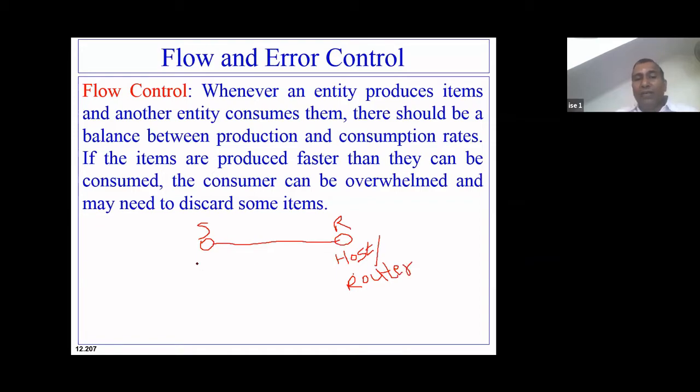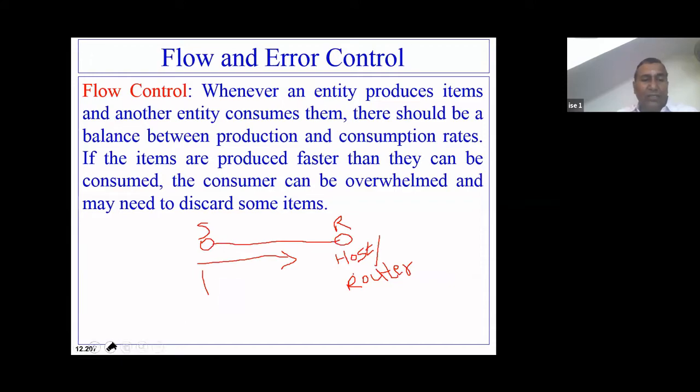So whenever there is a mismatch between the sending rate of the sender and the processing rate of the receiver, assume that the sender can send data at the rate of 1 Mbps.